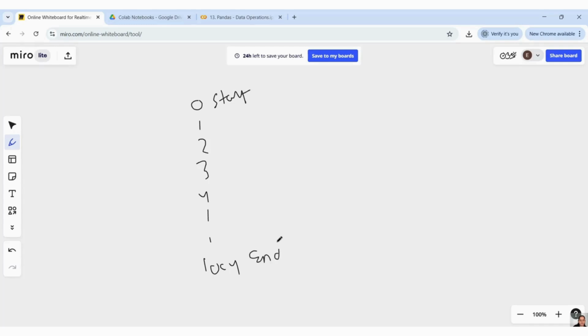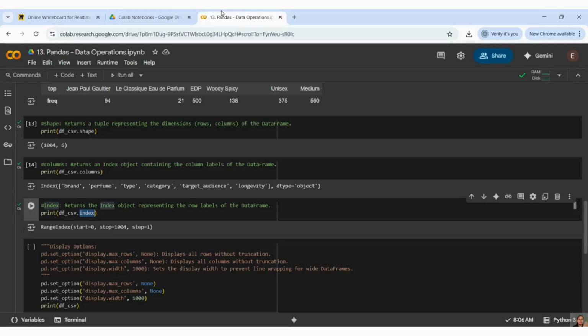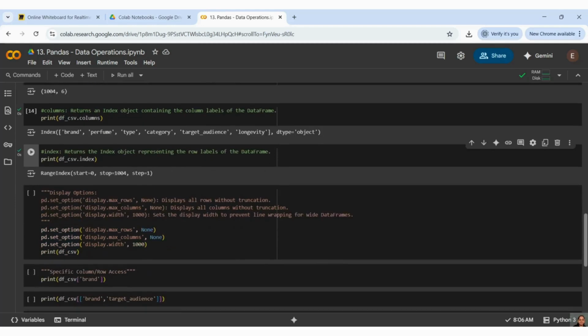So step means this is your step. One is one step, this is another step. This is telling me that my indexes are present with one difference, like every time it is incremented by one value. That is the meaning of this.